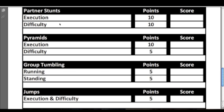So you want to make sure that, yes, you pick things that are difficult, but you also want to be aware of the musicality, so knowing what your music does and making sure that you complement that. You also want a lot of things going on. You don't want a lot of dead time in a pyramid sequence if you can help it. If you've got 2 or 3 groups, have different groups doing different things at different times, just to keep things interesting. It also adds to the difficulty score,